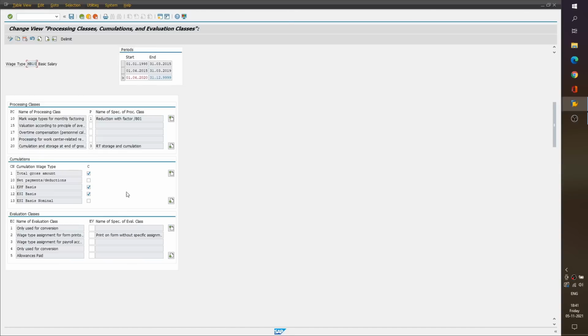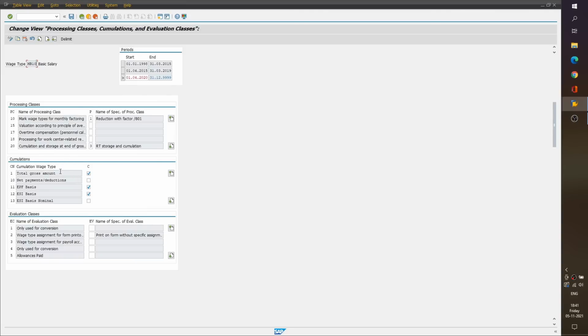Now we will check the different basis wage types. When I say cumulations, we have now moved on to accumulation. When we come to accumulations, consider this as a way for different bases to be formulated in the system.